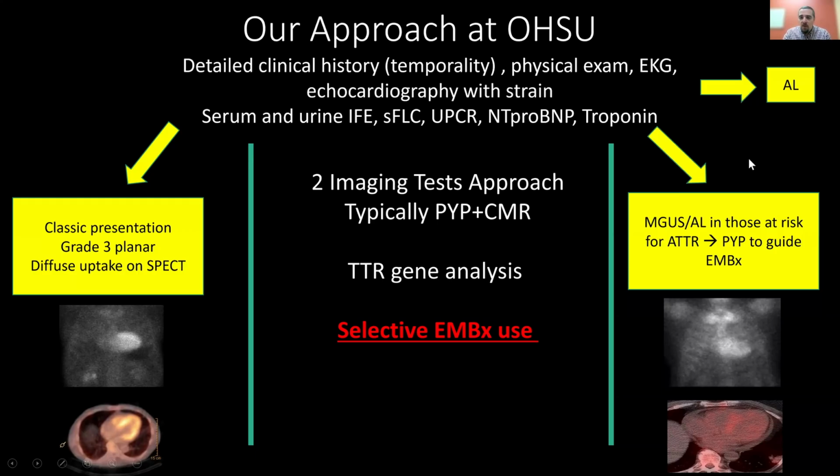On the other hand, if you have MGUS or someone with light chain amyloidosis, but you really think that they could be very high risk for TTR. So take the example of someone who's 85 years old, doing amazingly well. You think they have AL, you really need to make sure that they also don't have TTR, or they actually just have TTR and the AL picture is just a very unusual, aggressive looking MGUS that is just in the blood, and they don't actually